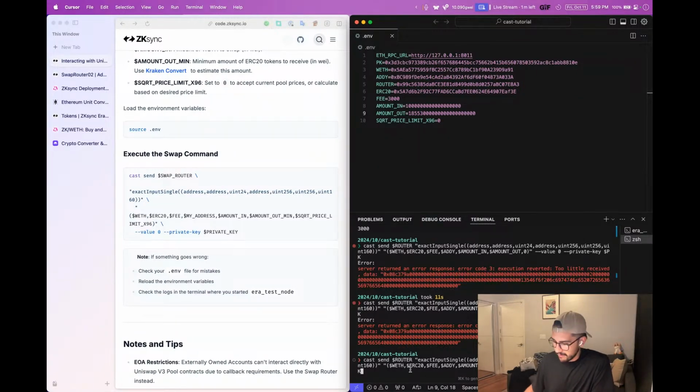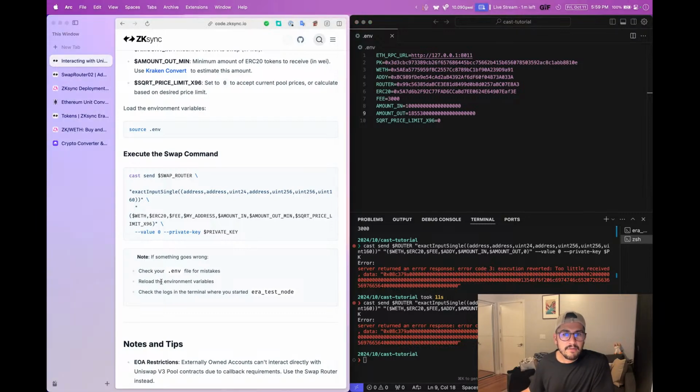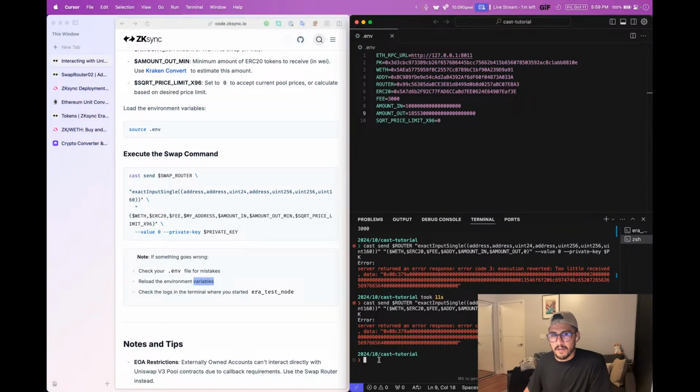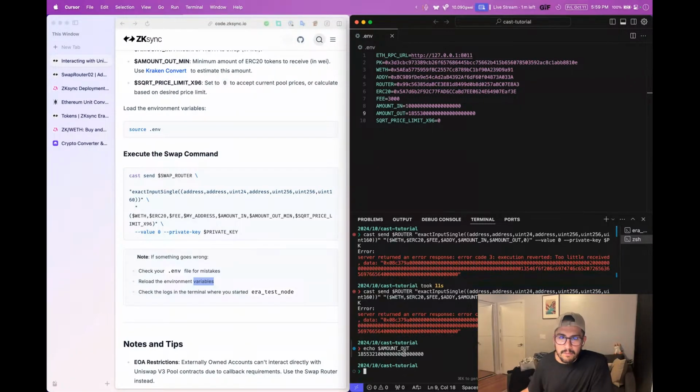Oh, I know what just happened. So part of that, reload your environment variables. Before, I changed that environment variable and I saved it, but I didn't reload. So if I do echo amount out, it is still giving me the number that is too big. So I need to do